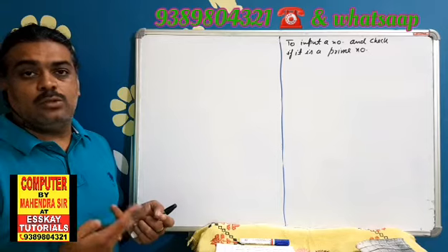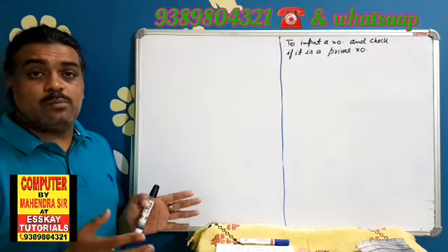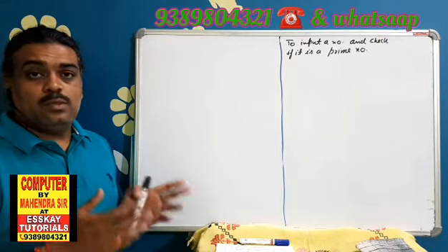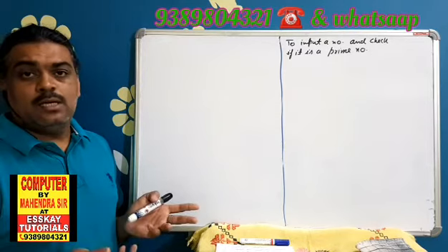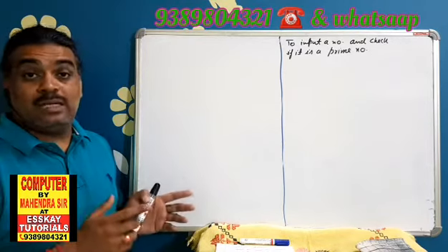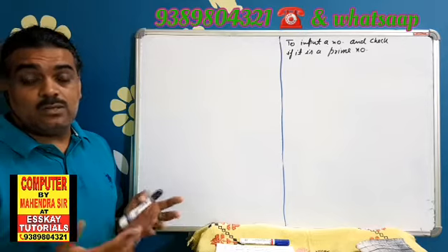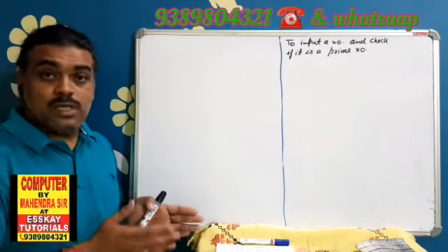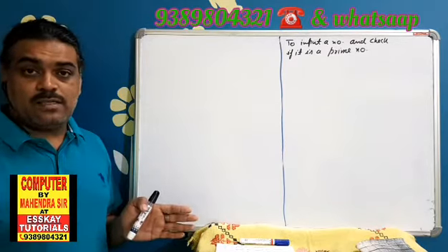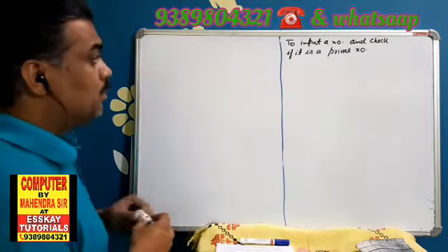2 has 1 and 2, two factors only. 2 is the only even number which is a prime number. I mean, 2 has only two factors and it is a prime number. Similarly, when you come to 1, 1 has only one factor, so it cannot be a prime number. Then comes 3, which has 1 and 3 as factors, and so on. Okay? So we'll begin with this program.